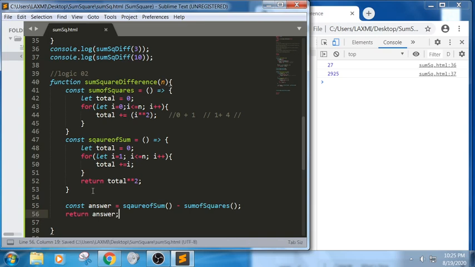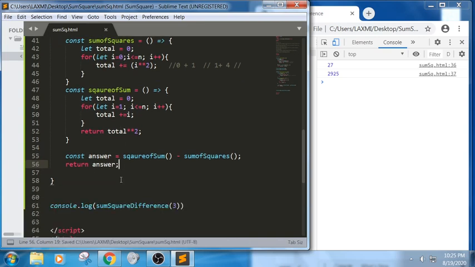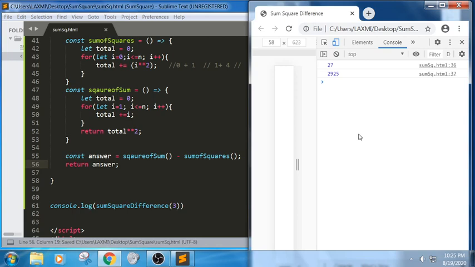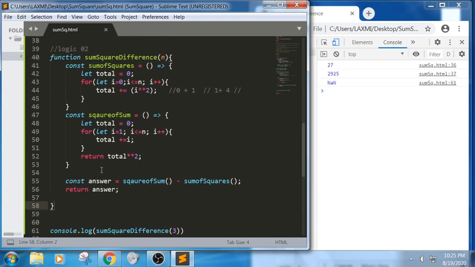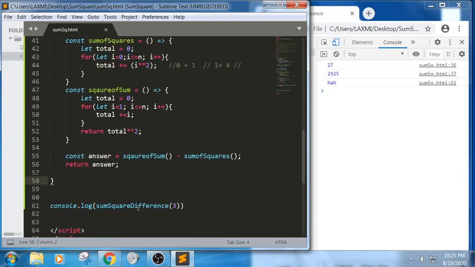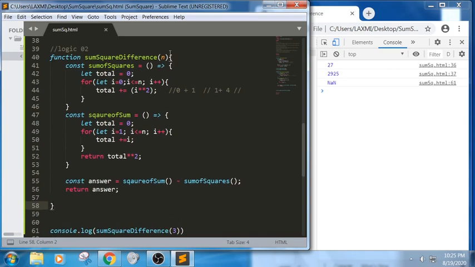Once it is done, it will return the answer to this function. If we check this same output here, we got none. So what would be the issue here? We have written both the values, yes, we have written the sum of difference which is trying to pass the value here.